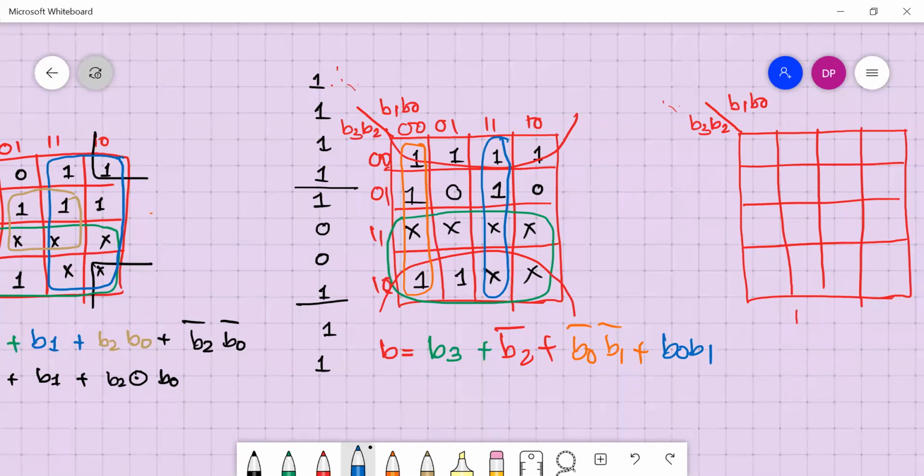First row, we made a group of 8. First row and last row, this color. Sir, can we combine the 4 corners? If necessary. Now you can see 4 corner combination is not necessary because we made a group of 8. No need of group of 4, right? Always give priority to larger number of elements in a group, like 8 or 16, whichever is feasible. Larger should be given.